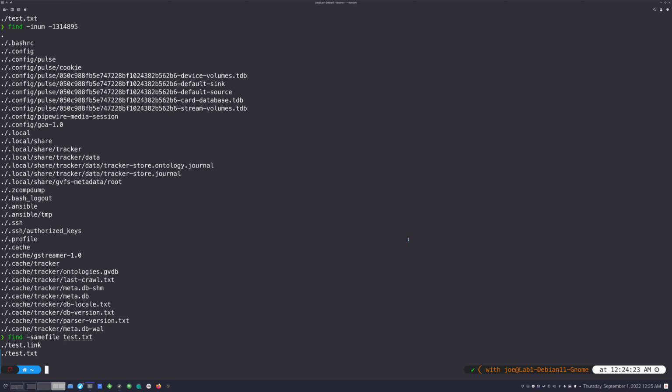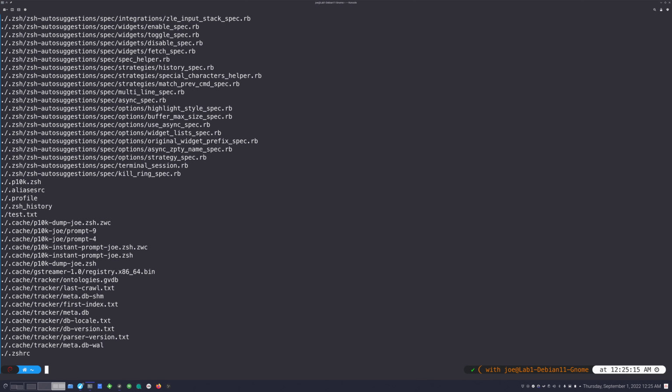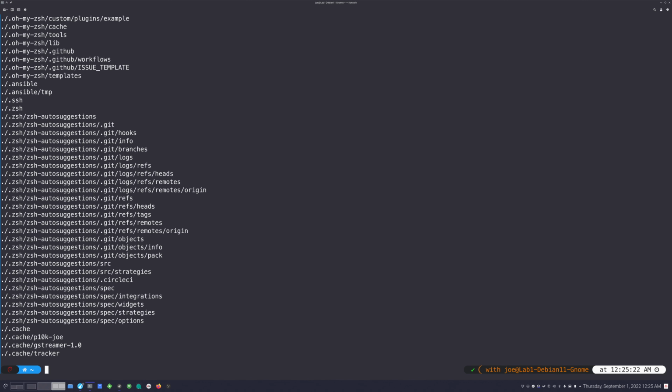But the next thing we're going to do is take a look at file types of files. So obviously if we do find and we do -type and then we give it an f, it's going to find all files recursively down that are of type file, okay? I could also do a d, and that's going to find everything that is technically a directory.